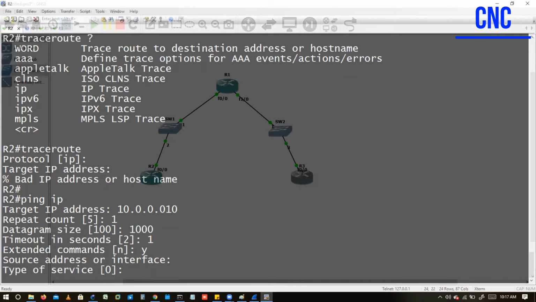Type of service. Now this is basically, let's suppose you want to verify your packet. Let's suppose your application uses a ToS bit, let's suppose 3, which is for critical, I think. Quality of service I'm talking about. So let's suppose your Zscaler application is using ToS bit 3 throughout the network,